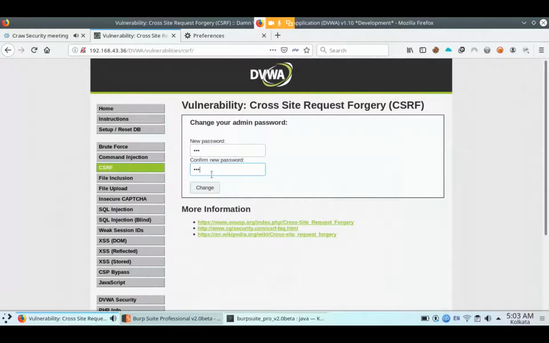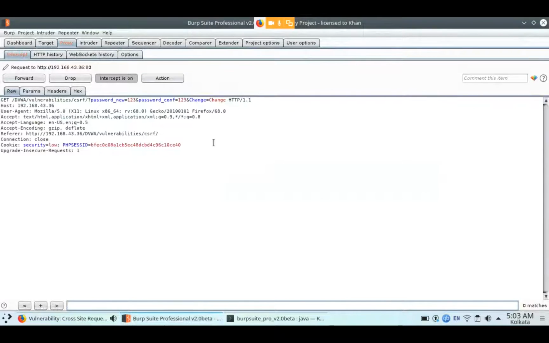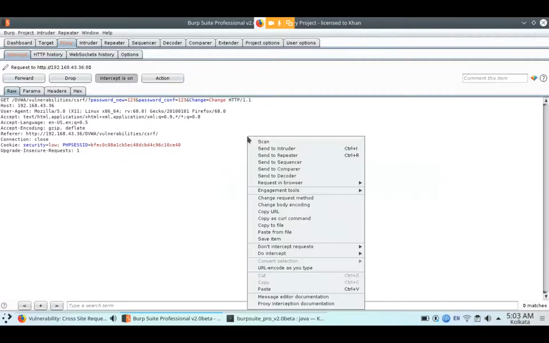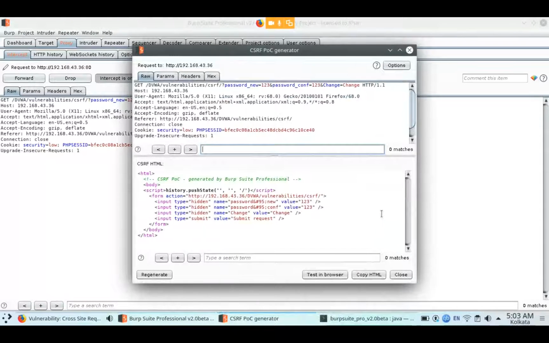Confirm new password 123. After that, click on change. Go to Burp Suite, and there you can find the password: new password is 123, confirm password 123. After that, right click on that, go to engagement tools, Generate CSRF PoC. After that, copy.